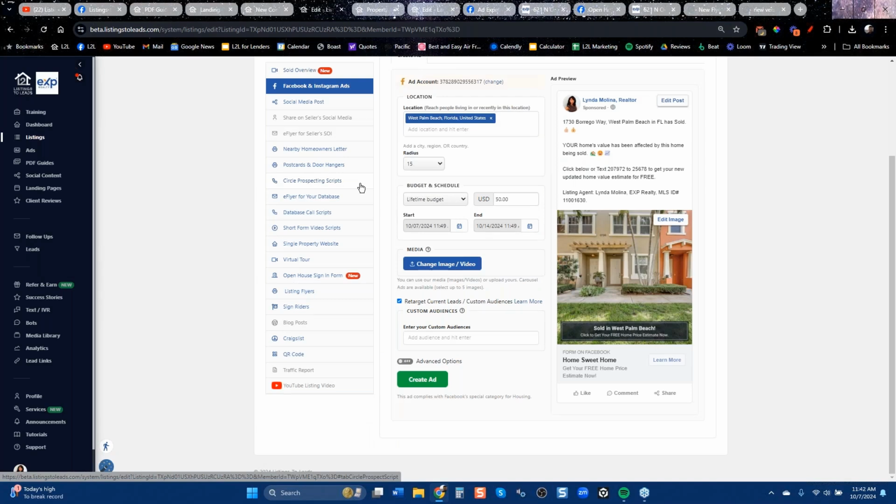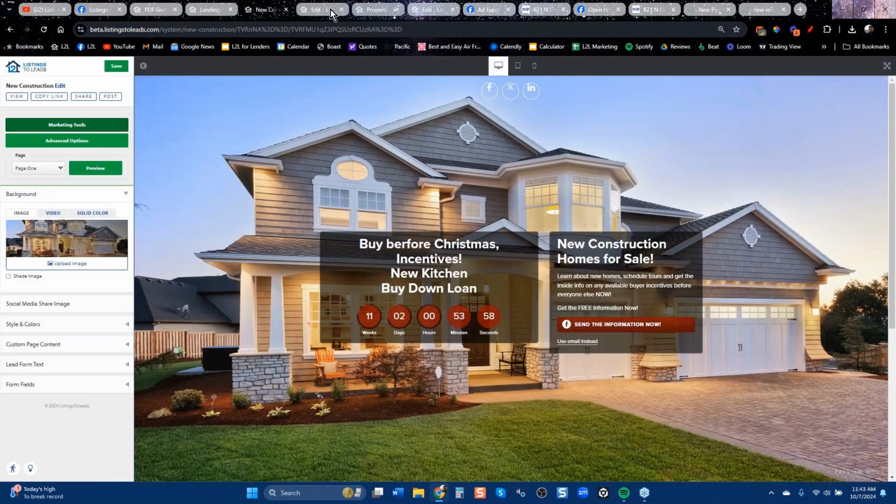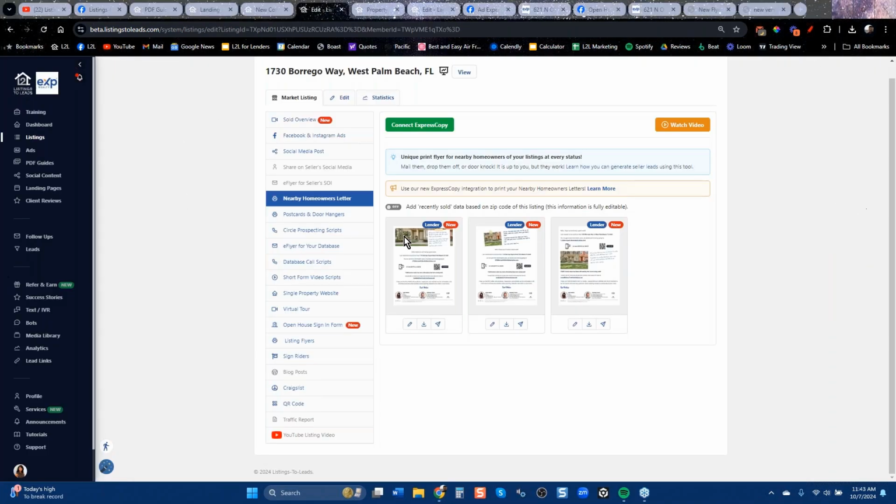If you're trying to build out a certain neighborhood and you don't have listings there, borrow listings that are for sale and borrow listings that are sold. Because if it's sold, we're going to create a nearby homeowner letter. And that letter is going to have all the call to actions that you can mail directly to that market. And that's what you should be doing, right? Tonica, hopefully that answers